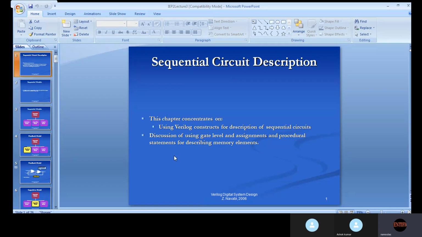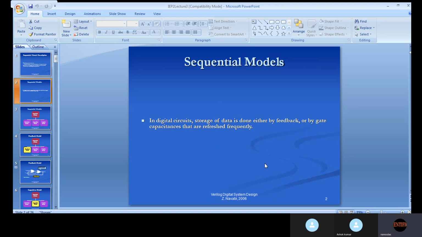So, sequential circuit description. Okay. So sequential models, why do we especially want sequential models? We know what a sequential circuit is. Output depends not only on the present inputs, but also on the previous values. So to store those previous values, storage of data is very important. To store the data, we need a feedback circuit,